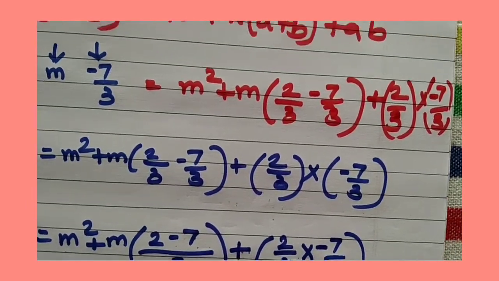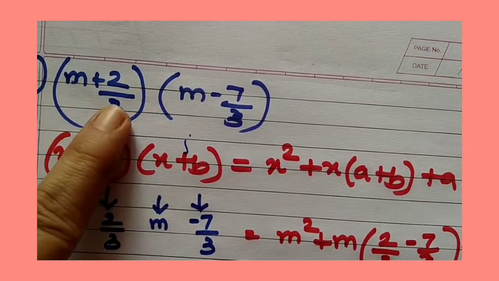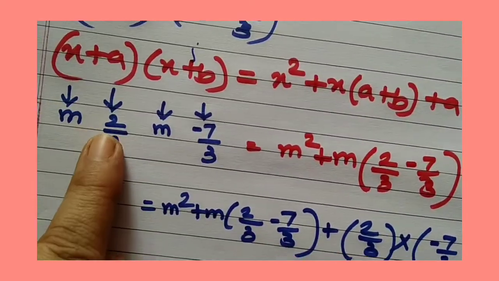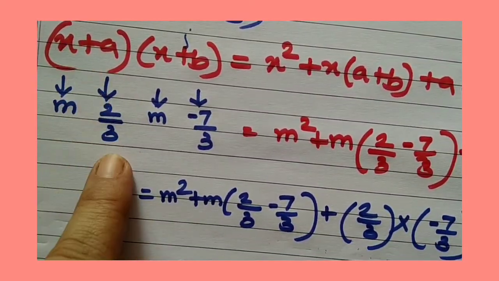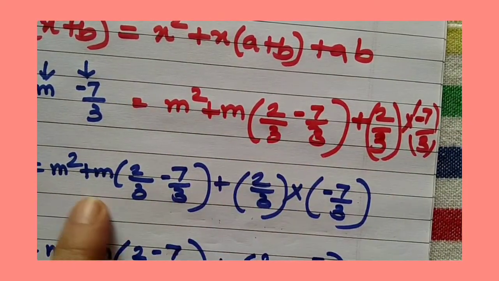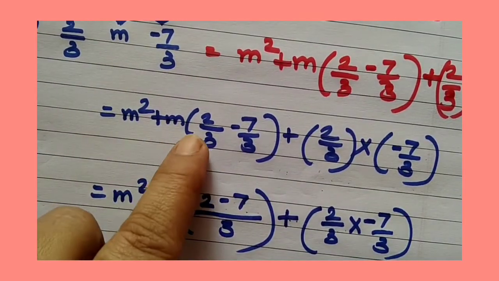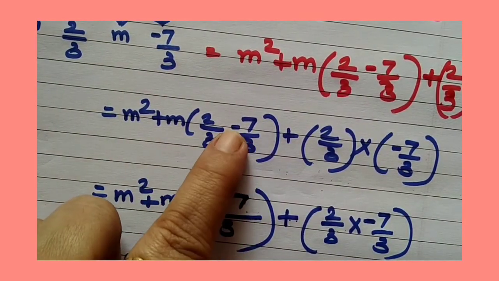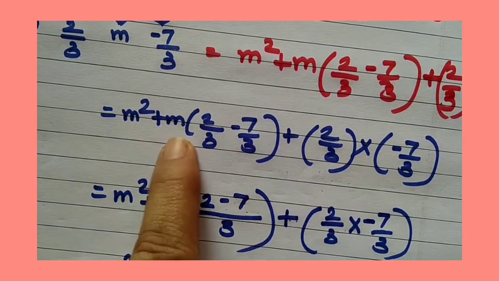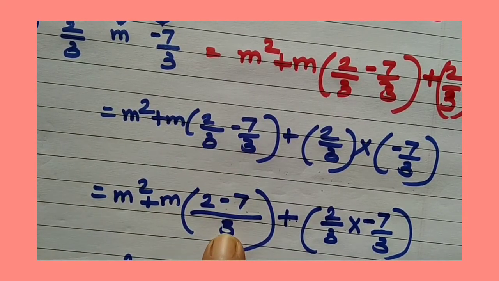Go through this sum again if you want to see. Let us see. I'll just show you the steps. We wrote the formula. Then we substituted. We wrote what is m, what is a, 2 upon 3, and what is b, that way. Then we substituted in the formula. We wrote it here like this. Because we have a minus sign in between and we are subtracting, the denominators should be equal. Here they are equal, but if they are not equal, we have to equalize them by doing cross multiplication. So we got 3 here.